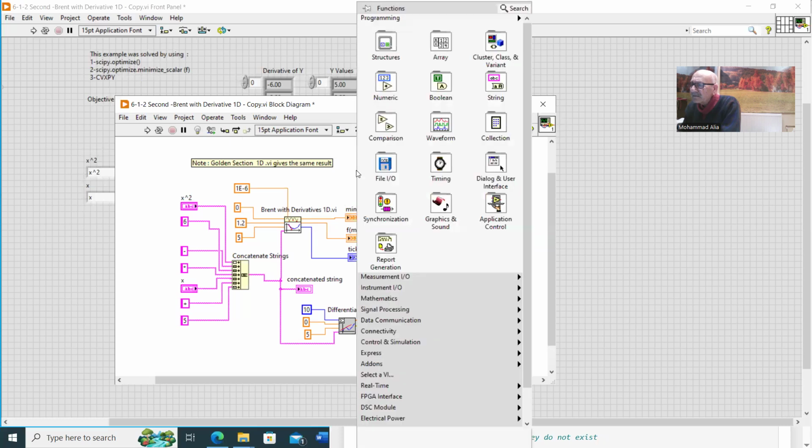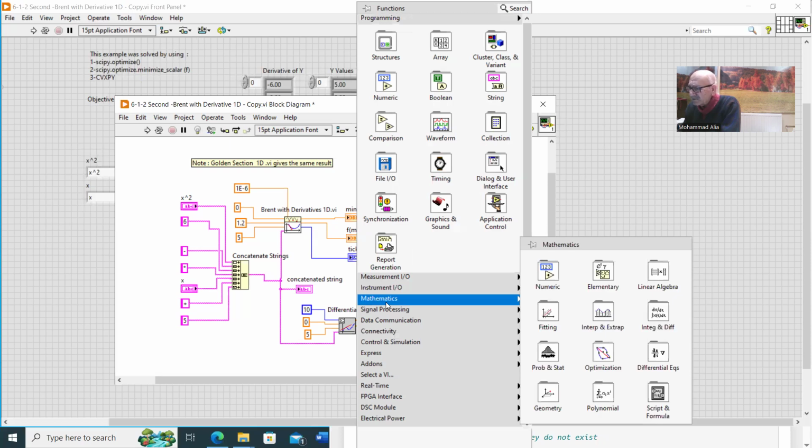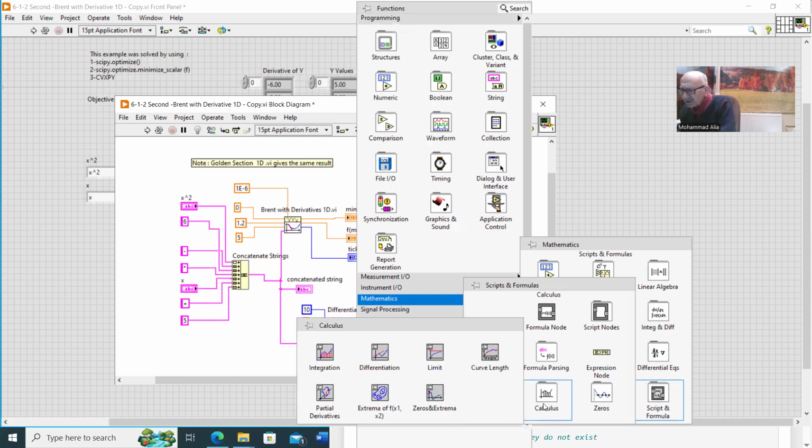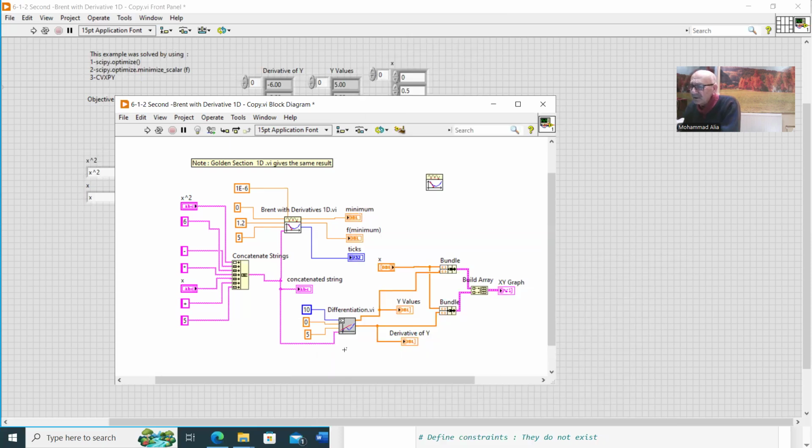In this aspect, if you go to mathematics, then script and formulas, and go to calculus, you will find a function here called differentiation. So I took this icon, differentiation. It requires an input with the objective function and requires the limits. And I can get at the output the derivative values